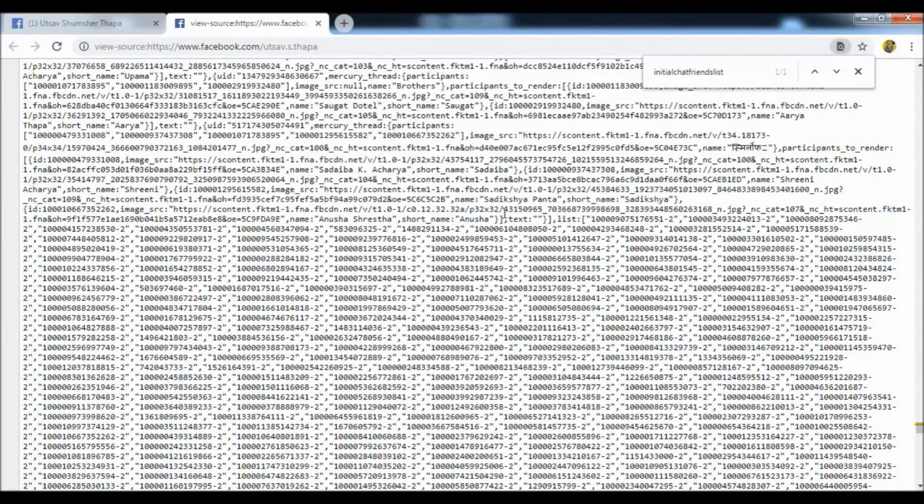Yep, here it is. Look for the word list, and after the word list you will see codes here, and these codes are the Facebook profiles of your friends who have visited your profile. The first code means this person has visited your Facebook profile the most, second means second, and the sequence goes on. So copy this code